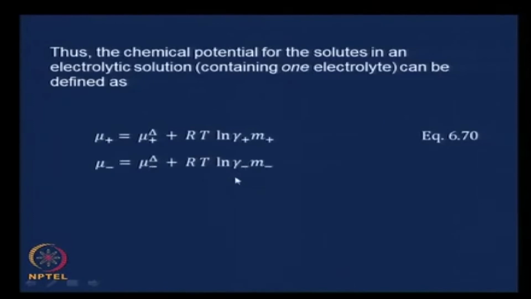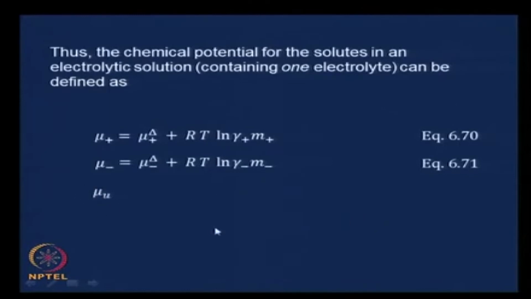This can be defined as mu_plus equals mu_plus triangle plus RT ln gamma_plus m_plus. Let us call this equation 670, and I am just writing the chemical potential for each of these species separately. Mu_minus equals mu_minus triangle plus RT ln gamma_minus m_minus, equation 671, and mu_u,